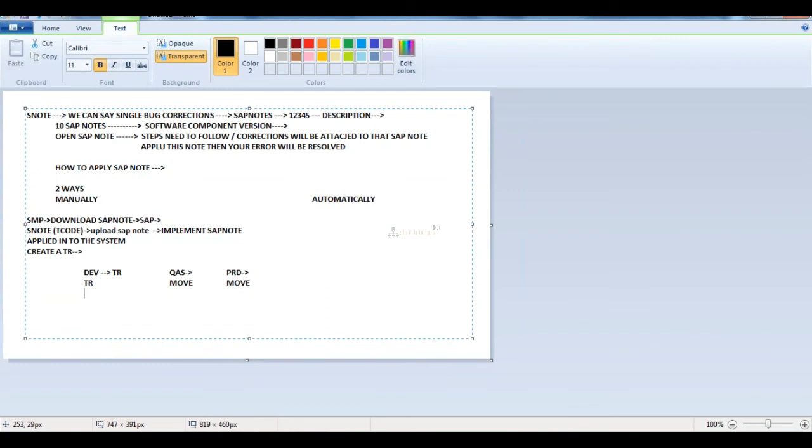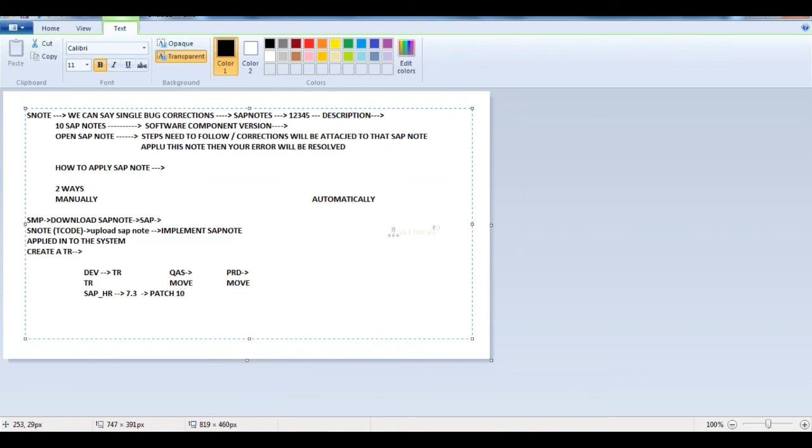Every component will have some release version, like 7.3, and every patch will have a release as well as a patch level. For example, this is patch level 10.